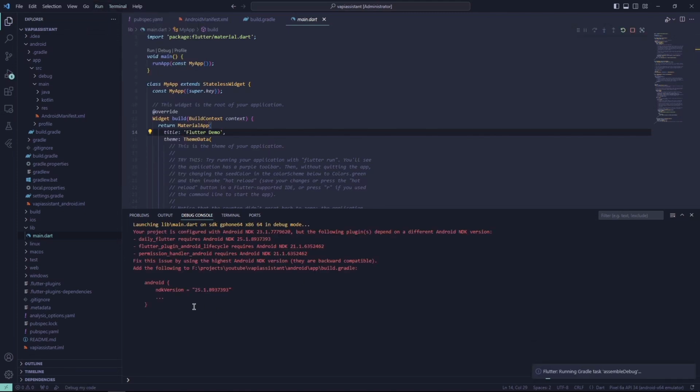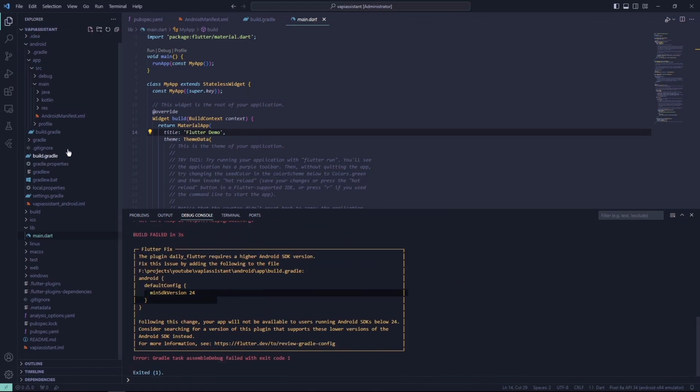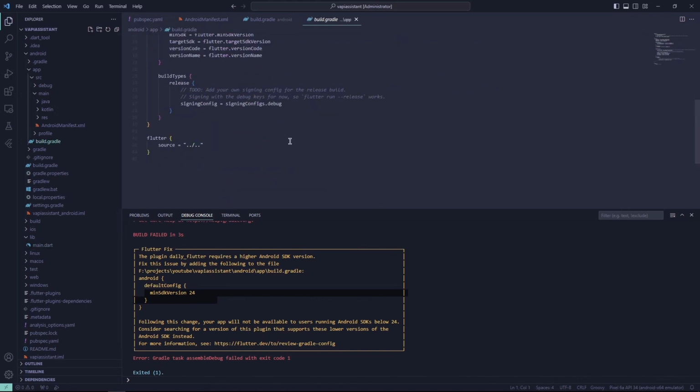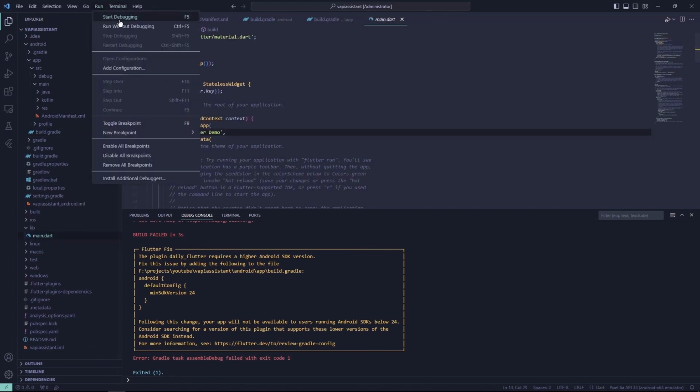This error will be about changing the minimum SDK version. See, there it is. So I'll go into the app level build.gradle file, and in the minimum SDK version, I'll change it to 24. And now when I run my application,